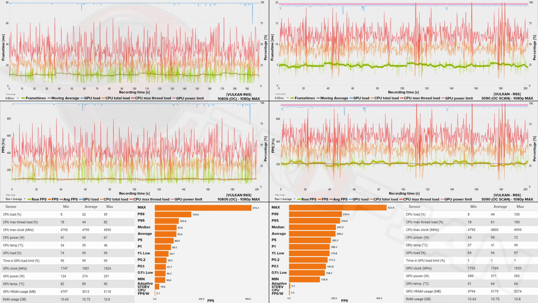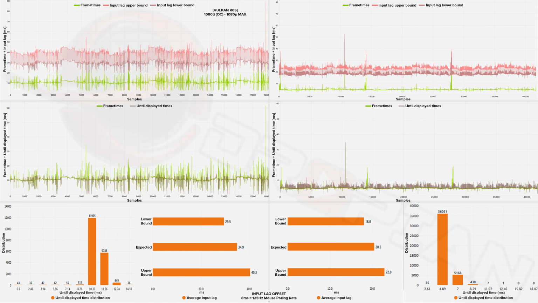Let's see now how what we see here translates in terms of input lag and until display times on our following graphs. I believe that the picture here speaks for itself, right? Even by watching the graphs, we can witness the smoother overall performance here, and the tables say the actual story. Dropping for most of our samples by more than 5 milliseconds in our until display times is a serious gain in performance. And having 11 to 15 milliseconds gains in our input lag is amazing,